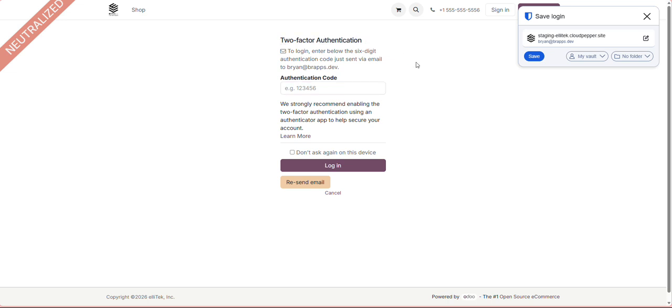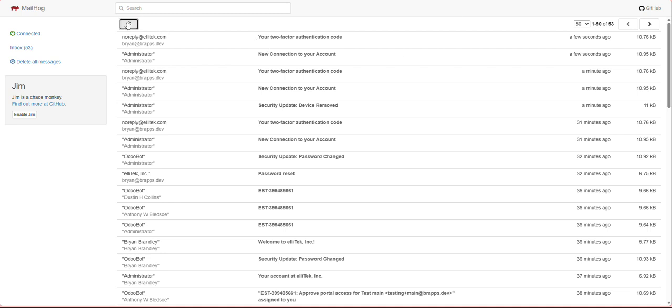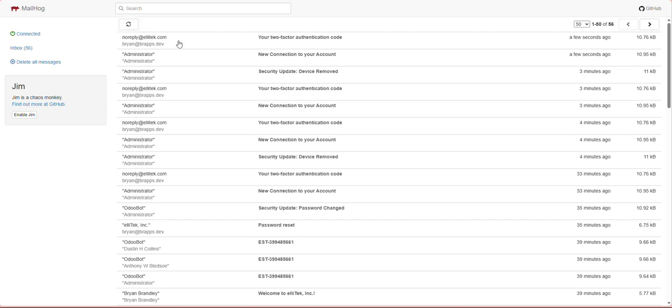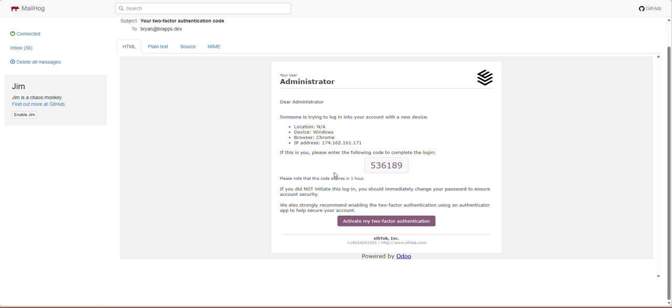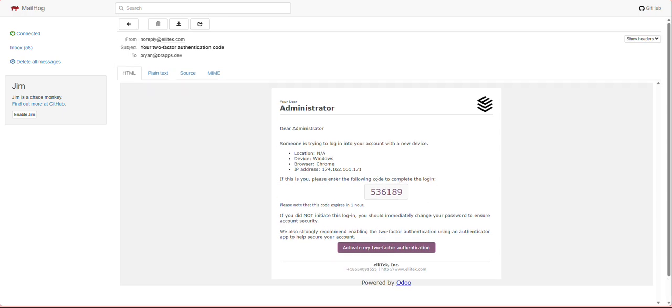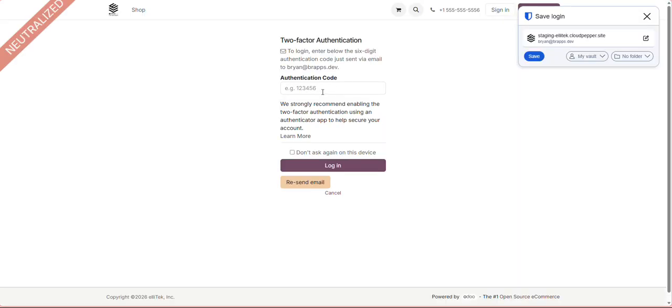two-factor authentication. So here it will send me an email, and if I come into your email server real quick and refresh, we will see an email come through for a two-factor authentication code that looks like this. So now we can grab this code, we can paste this in, and then I will say don't ask again